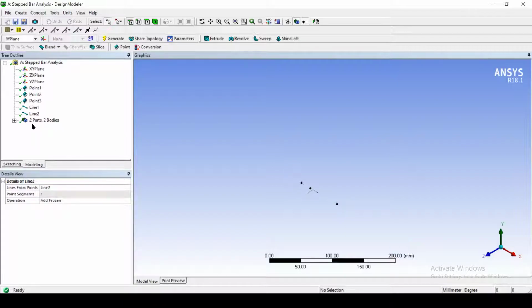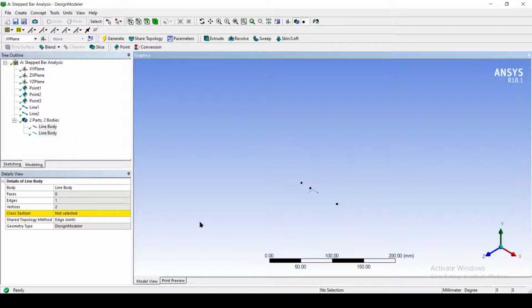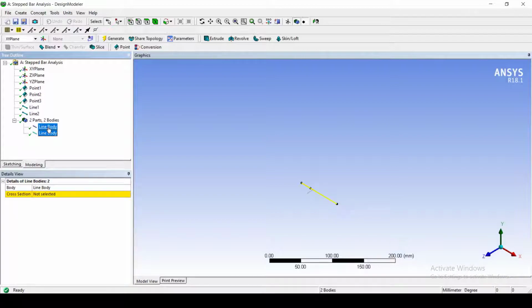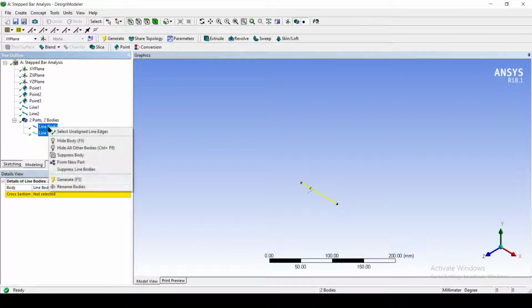So here we have got two parts, two bodies. If you open here, we can see two bodies are produced. Open here, then select both the bodies, select the second body using control and click, then right click and here click on form new part.